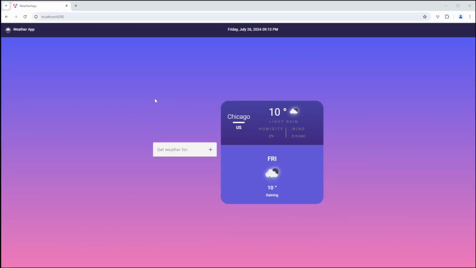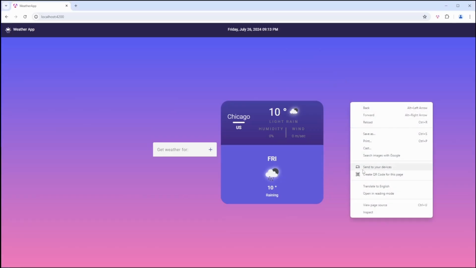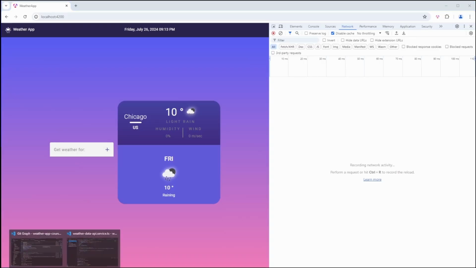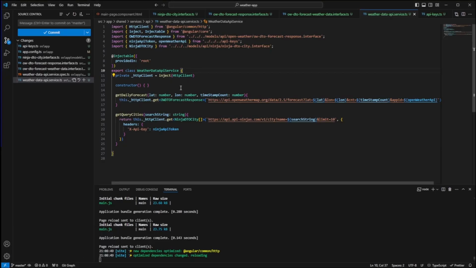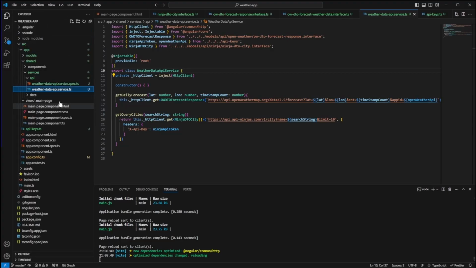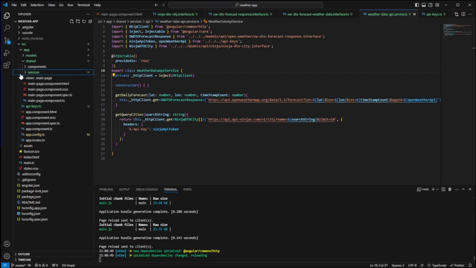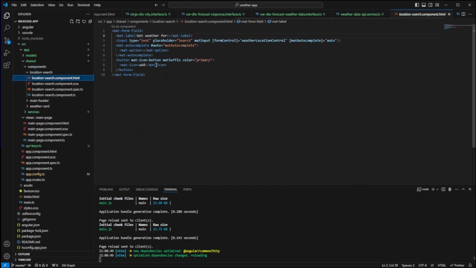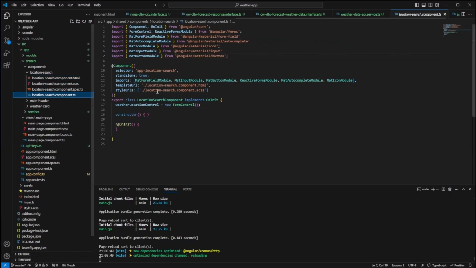Okay, now let us try to use these new APIs. For that, I will quickly open the sidebar. We will start by enabling the user to search for a location with this Ninja API. For that one, we will go into our components, location search, and here we will now adjust the template and the